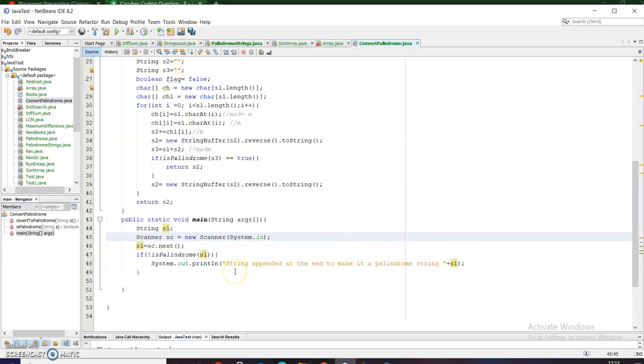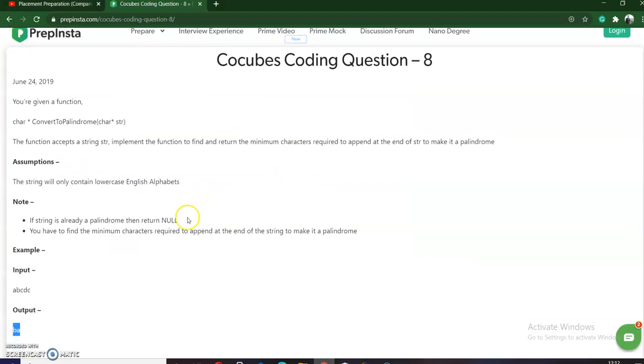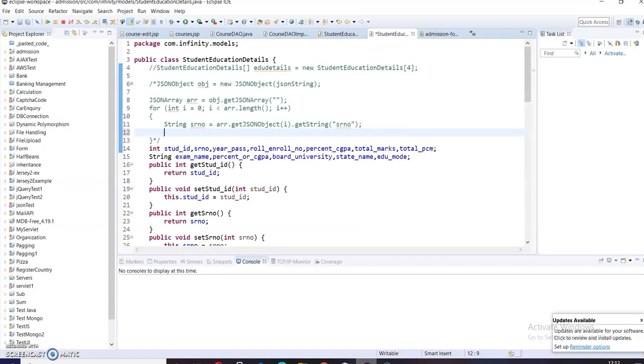Yes, and now I will write my else condition. If I wanted to write the else condition I could show it, but here the condition given to us is that you need to return null if a string is already a palindrome. So I will not be writing that condition now, and let me run this.